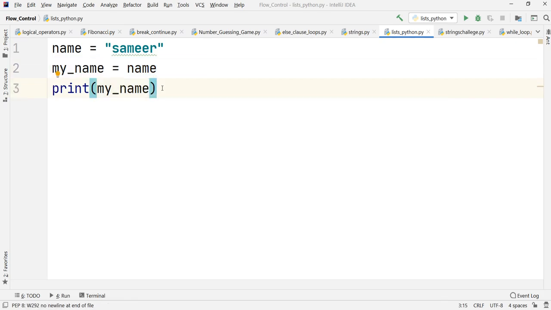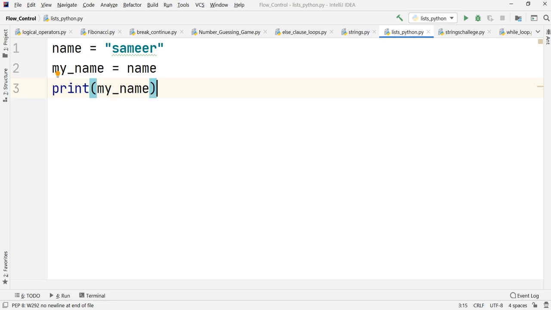But actually there is a very big takeaway from this particular program, and the takeaway is how Python behaves in the background. We are dealing with two variables here, right? One is name and the other one is my name.